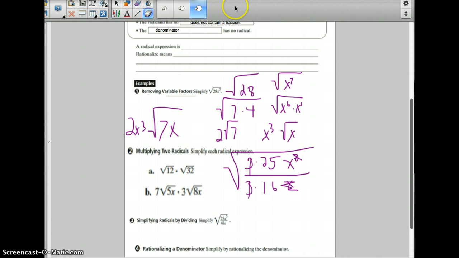Let me clean that up for you. So this becomes x squared because I had x to the third divided by x, and so I subtract one x from the power and I get x squared. So now I'm left with the square root of 25x squared over 16. Well, I can take the square root of the numerator over the square root of the denominator. Now, I've reduced